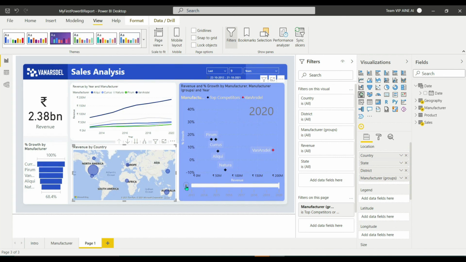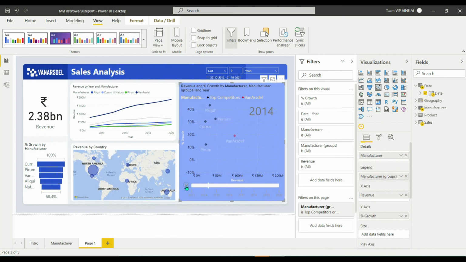So let's do a single play. This was the initial state, and it goes through each year. You can see the data changing, and since it was pretty quick, you can also change the speed for each year.